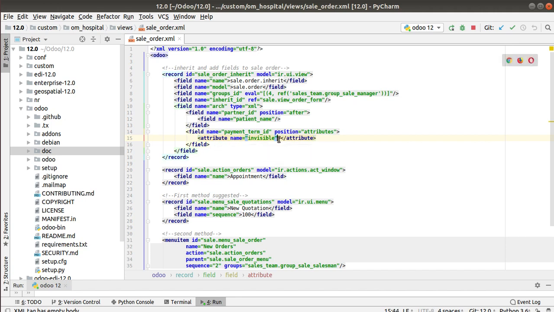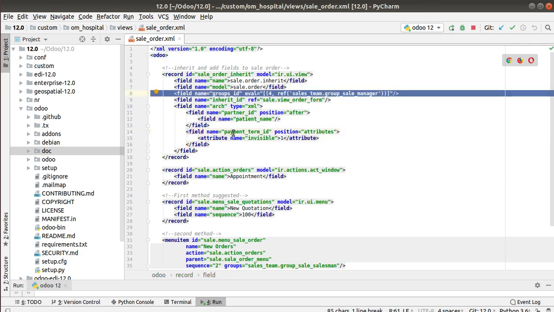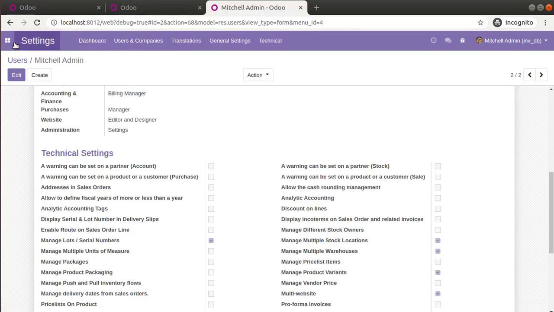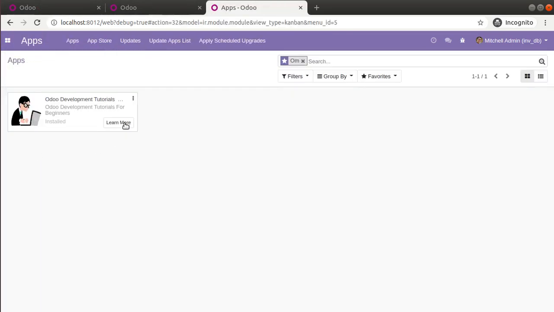I'll be setting it as 1. So what we have said is that I have inherited the payment term ID and I'm assigning invisible equal to 1. So for the users inside this group, the field payment term ID will not be visible. So let's go to the UI and upgrade the module and see what happens. I'll be going into the apps menu and upgrading the Odoo development tutorials.